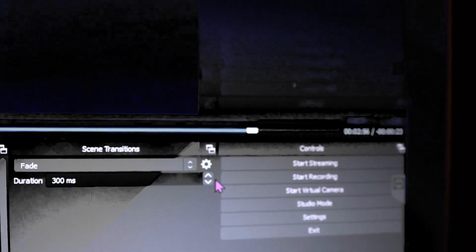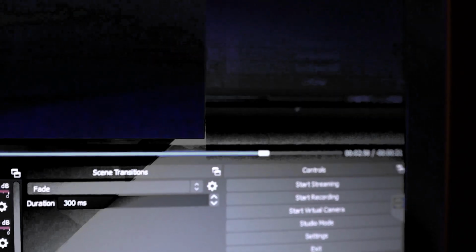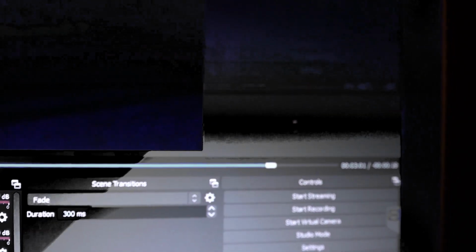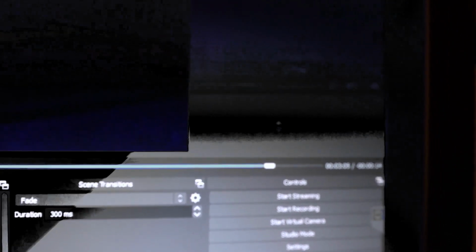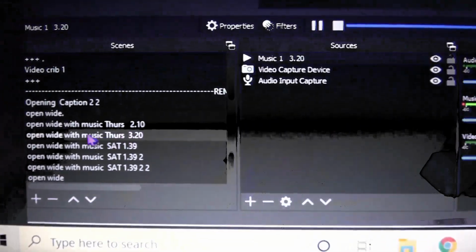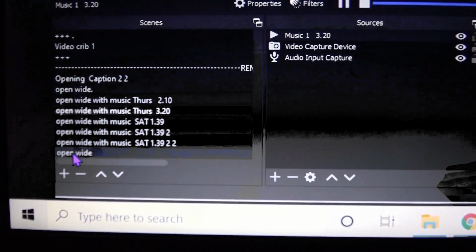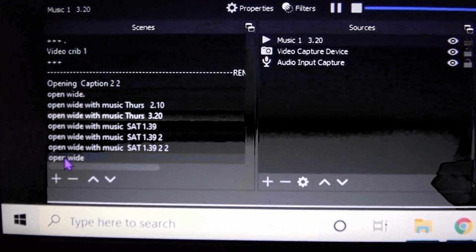This is the end of it now, and the cursor is now coming almost to the end, and that's when you know that the music's just about to finish. And then when it's finished, what you do is move to the next line in the scene window. Here we are now. Okay, when the music's finished, we go down to the